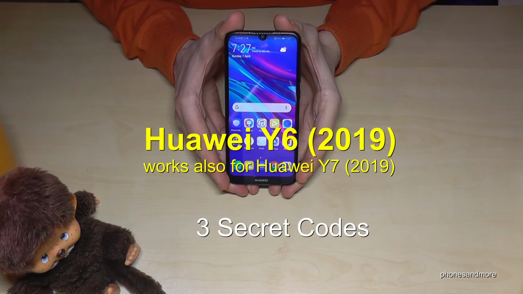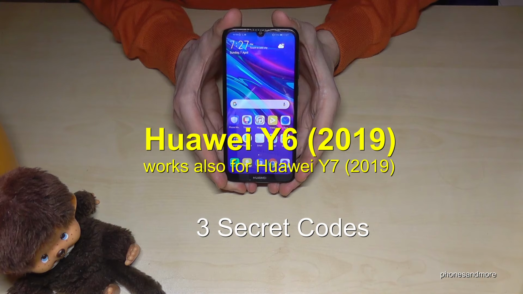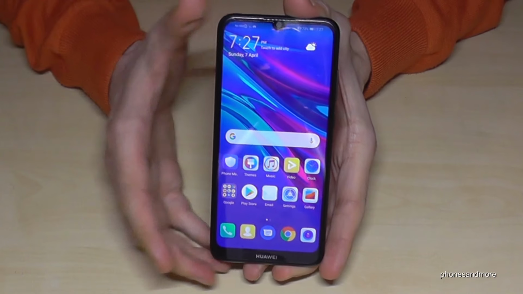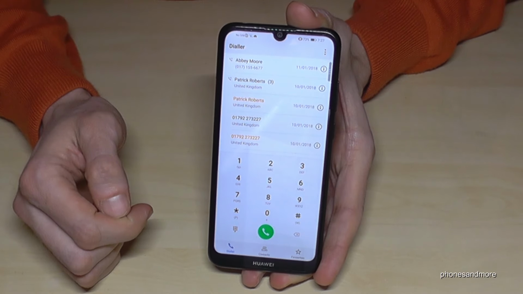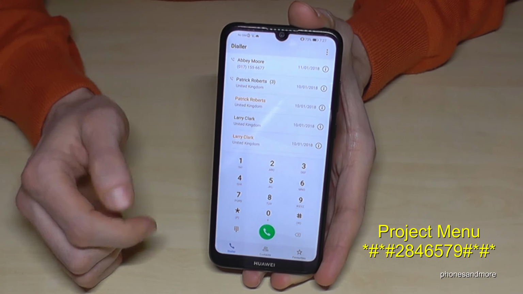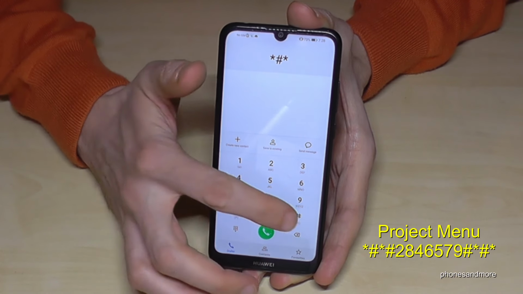Hello everybody, I want to show you in this video some hidden secret codes on the Huawei Y6 in the version of 2019. So let us start. To have the codes we need the dialer, and we will start with the project menu. For that we dial star hash